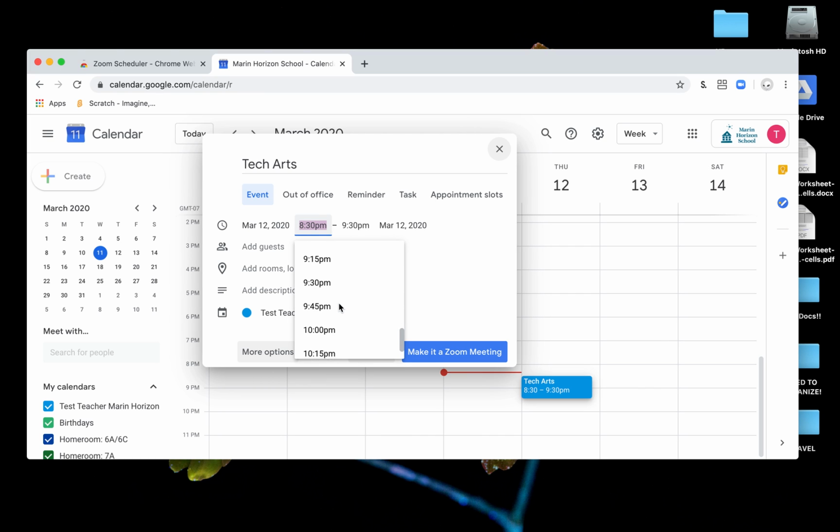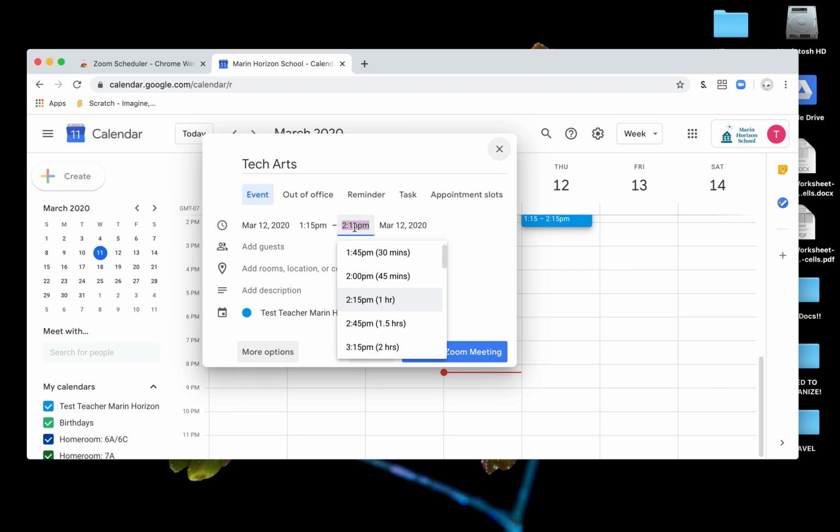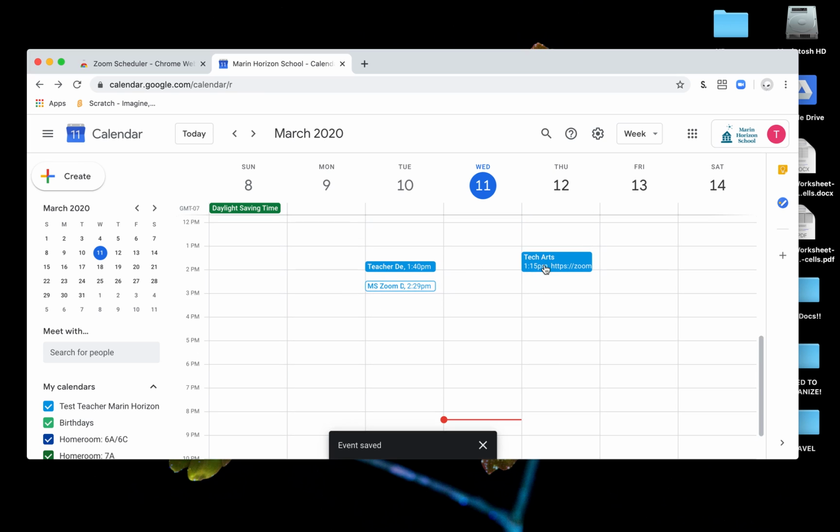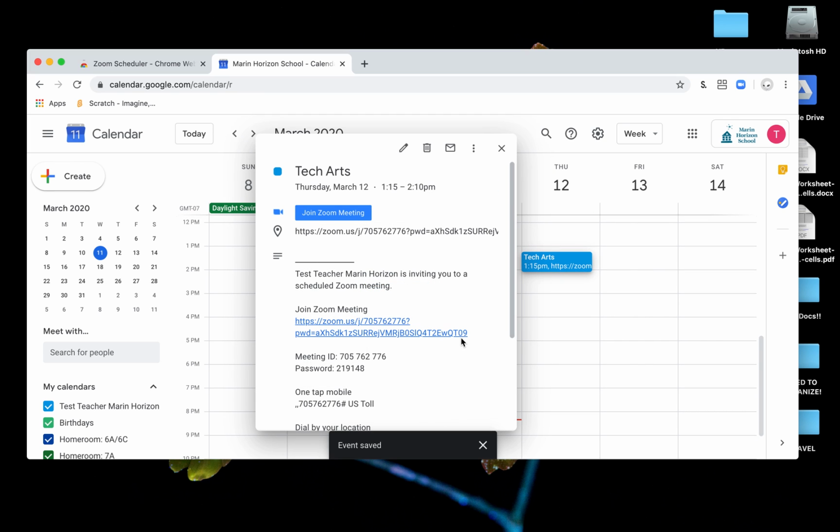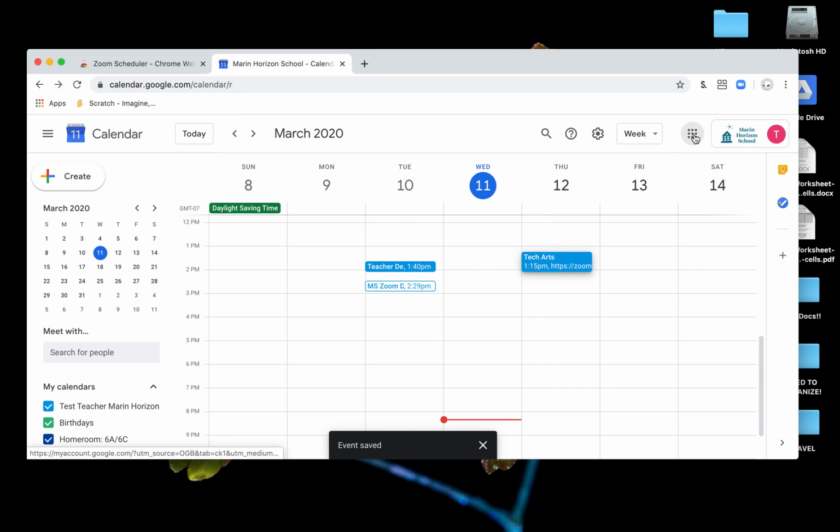and you wouldn't necessarily be inviting kids to this directly, although perhaps you may want to, but in this case, we're going to be posting the link to Google Classroom. So I'm going to be posting a link in that way. So I've created the Google Calendar event, and I'm going to copy this Zoom meeting link, and using this little digital waffle, I'm going to go over to Classroom